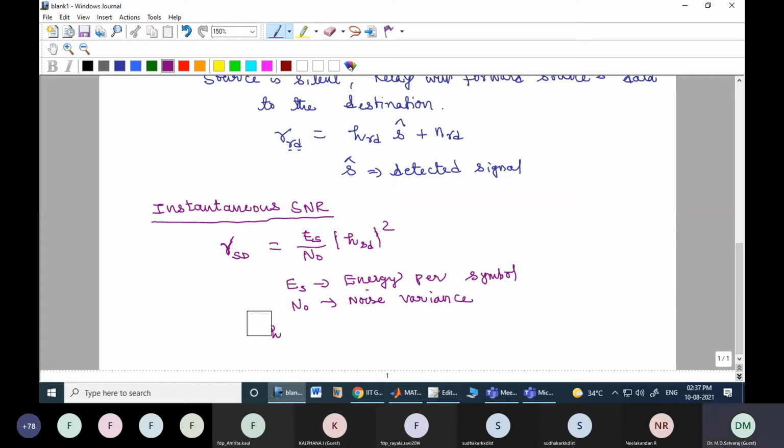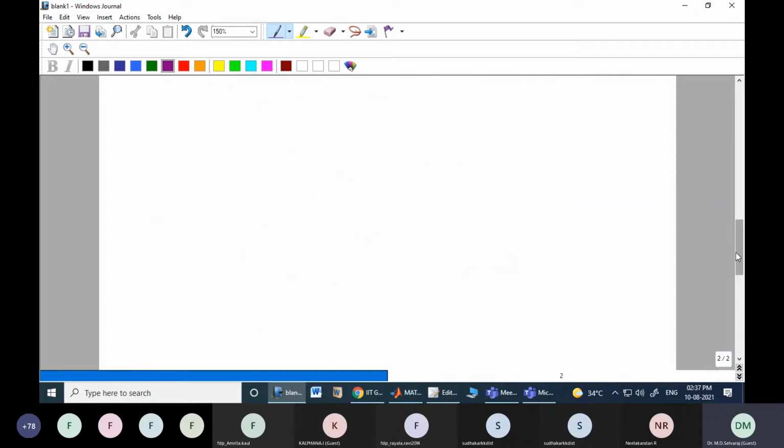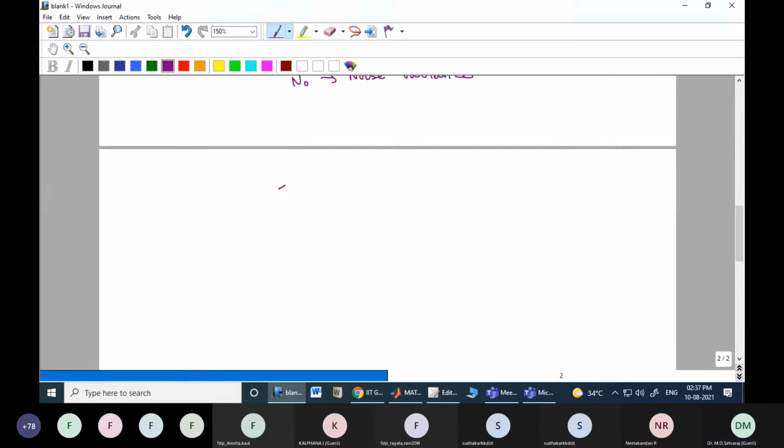Let me tell you some background theory about this. The math behind this is the H. The H is basically a complex Gaussian with a zero mean and some finite variance. Say omega is the variance. Whatever subscript I put here I can put the same subscript. H is basically a complex normal, with zero mean and variance omega H.